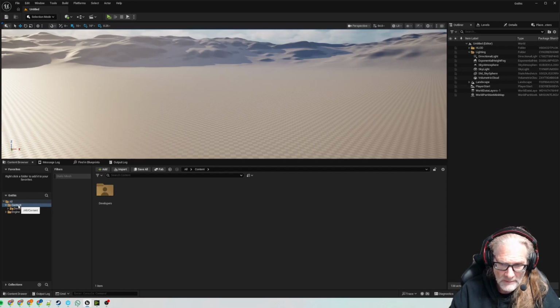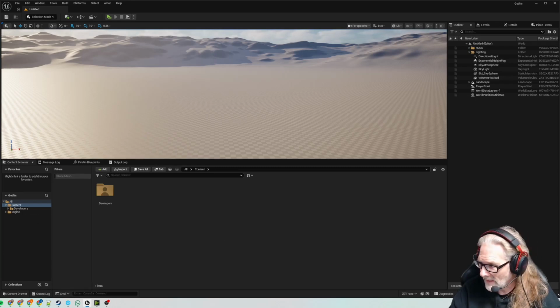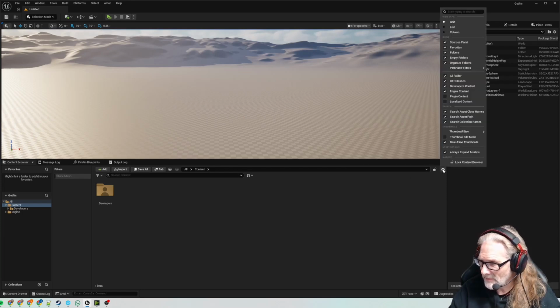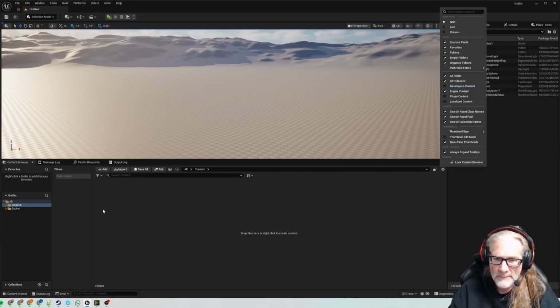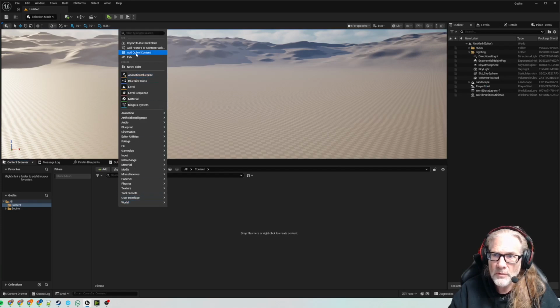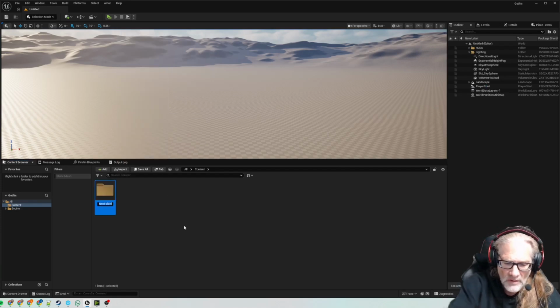First of all, I don't use the Developers folder very much. Sometimes I do, and maybe I'll talk about that later. But at the moment, I'm going to get rid of that, not delete it or anything, but don't show it. Here's my little thing: Show Developers Content, uncheck. Bam, it's gone. Now I'll do New Folder, and we're going to call it Gothic